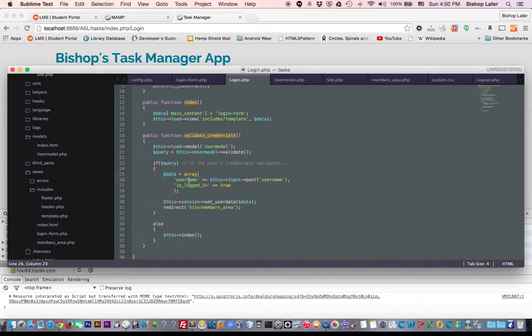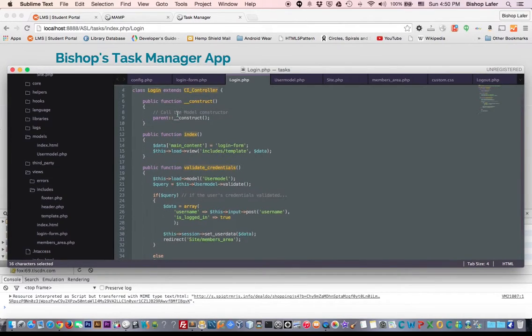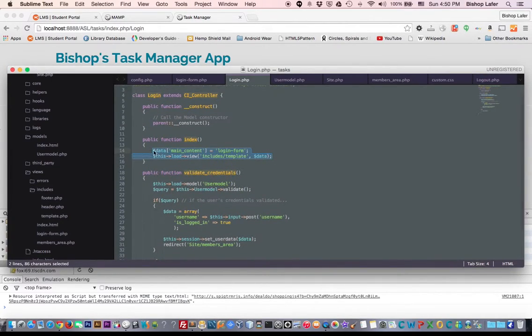which is the username and the is logged in of true, and then redirect to the site controller in the members area view when logged in. If not, if this query is false, so if the user's credentials don't validate or there is no session, then just go back to index, which will reload this. Just reload the login form again. So if the user does validate, then we come into the site controller,